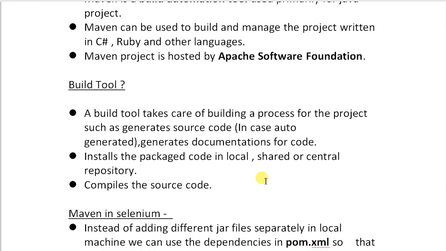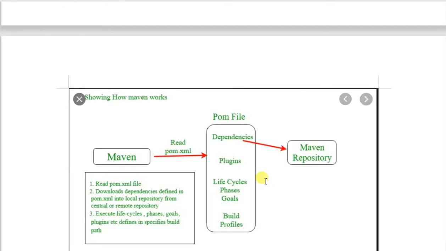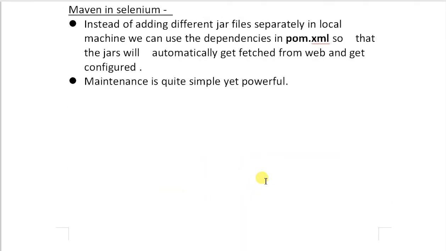Now we will understand how we can integrate Maven with Selenium. Why do we need Maven when we are working on Selenium automation? First of all, let us discuss the scenario before Maven, when we were not using it. Till now we have been downloading the external jars for WebDriver, Log4j, TestNG and JUnit. We download all the external jars and configure them with the project on each local machine, which is a tedious task. So how can we overcome this? How can we automate this?